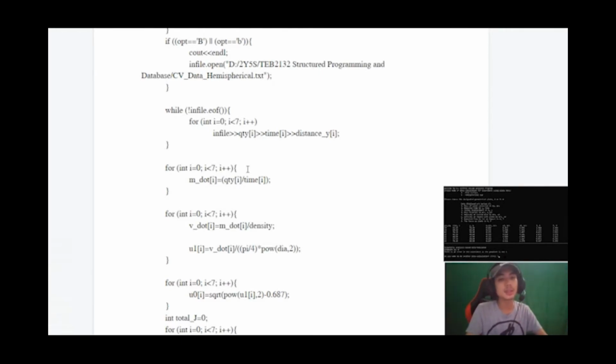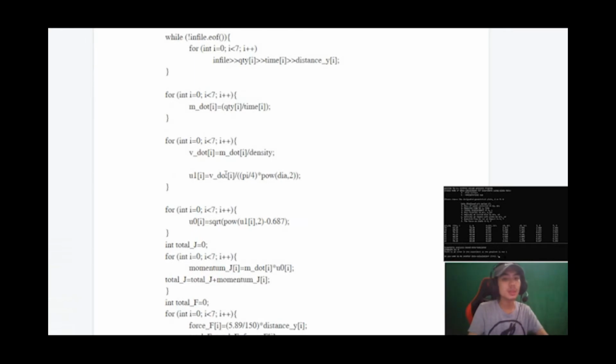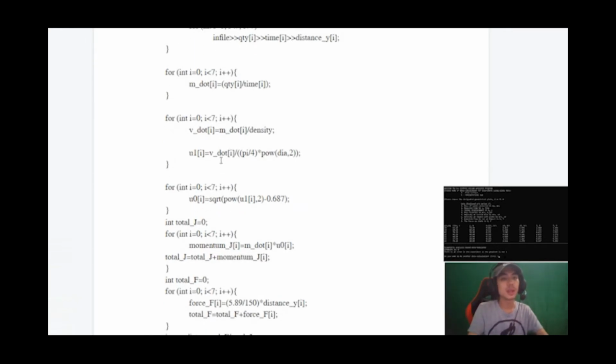So here is the key part in this program. For the calculations, first we'll be calculating m dot. M dot is the mass flow rate. The formula for m dot is QTY, the mass of water collected divided by time. After we get the m dot or mass flow rate, we'll be calculating U1. U1 is the velocity at the nozzle. So using this formula,